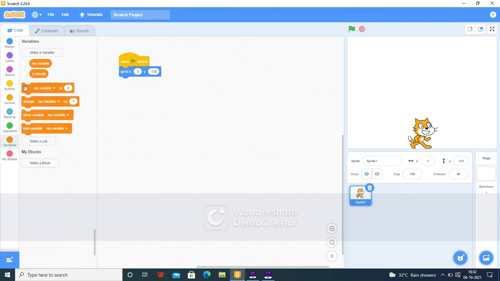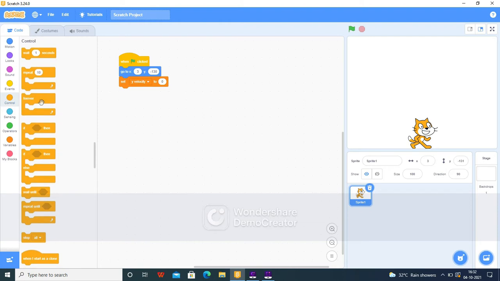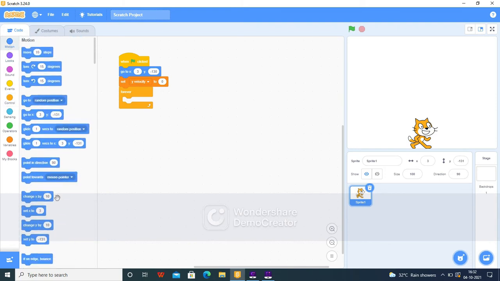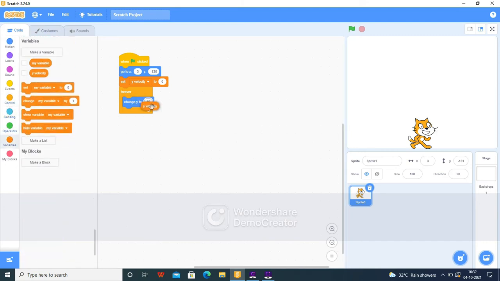Now go to variables and set my y velocity to 0, because initially your sprite will be just standing on the backdrop, so that your y velocity is always 0. Now you have to give change y by y velocity. Each time your y velocity changes, how much upward it will be jumping also differs.